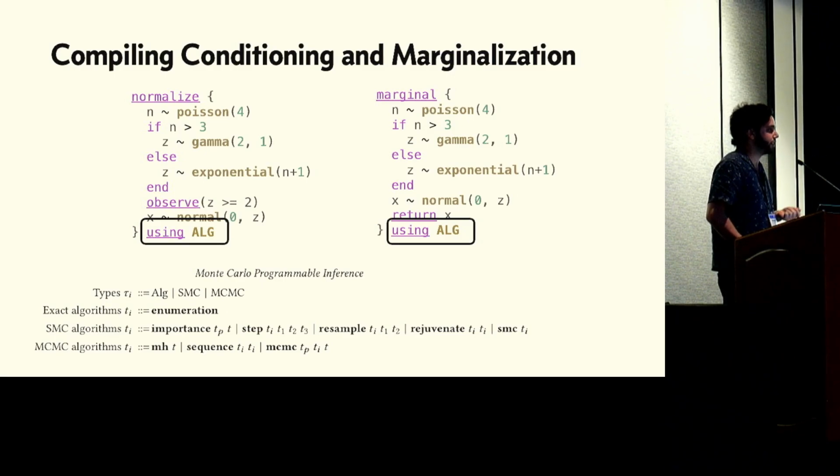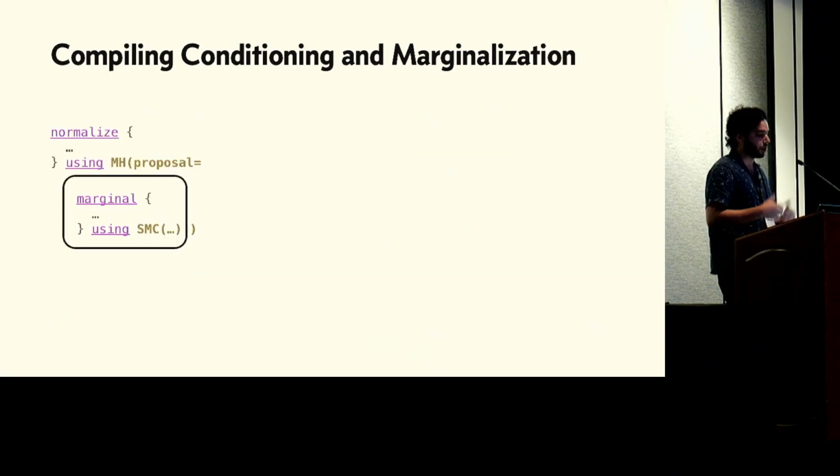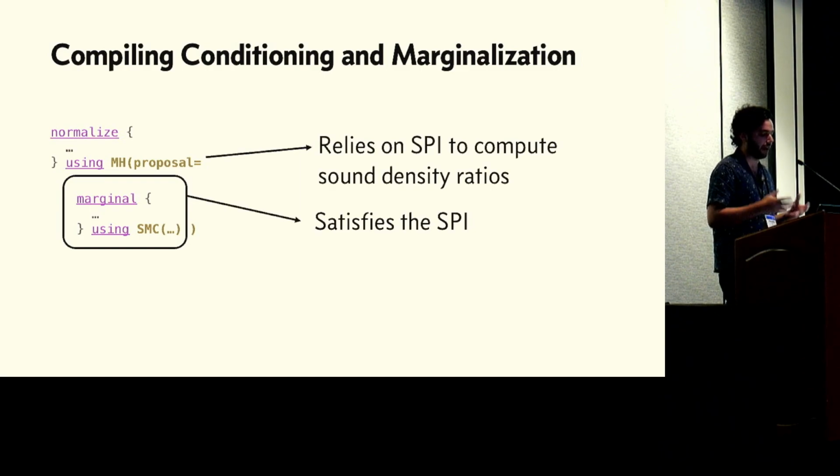And that was non-trivial to get working. We had to implement some new analyses of this inference DSL that automate the construction of the time reversal kernel of an MCMC kernel that the user specifies, for example, or the conditional variant of a user-specified SMC algorithm. All of this machinery works compositionally. So, for example, the algorithm that you specify to perform conditioning can itself rely on a proposal distribution that was built using marginal. And this ability to support this kind of composition rests crucially on our having rethought the computational interface that boxes like these expose to consumers like MH.